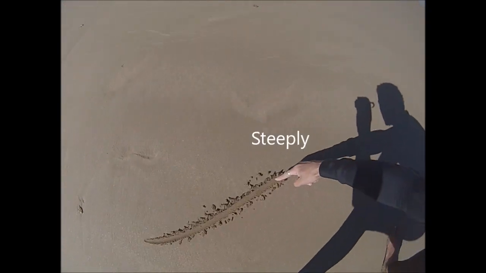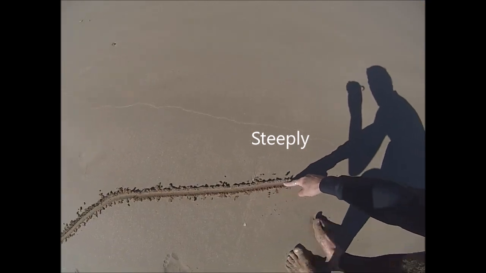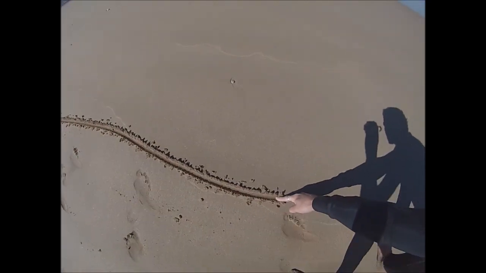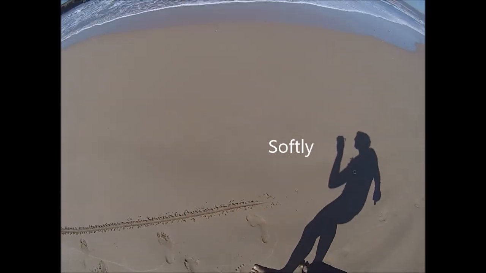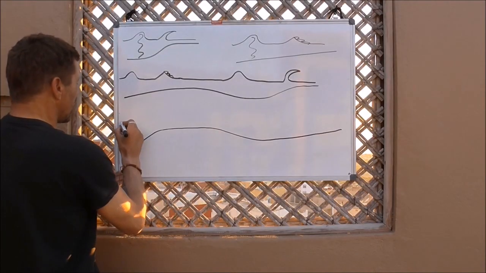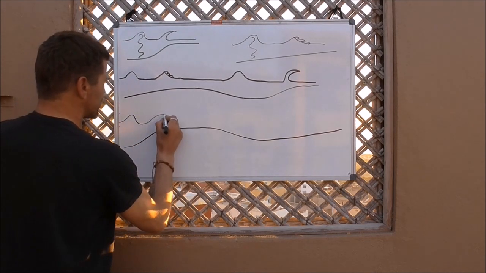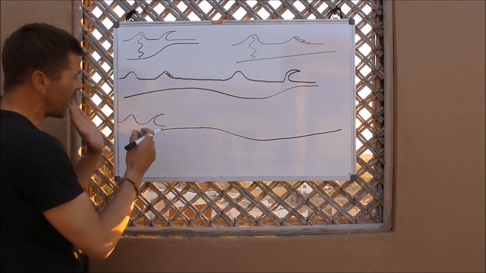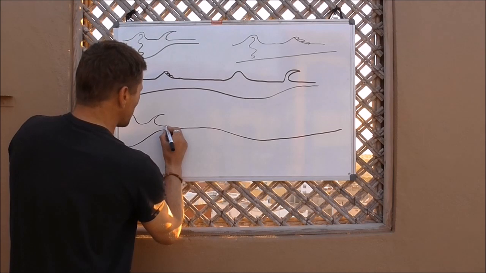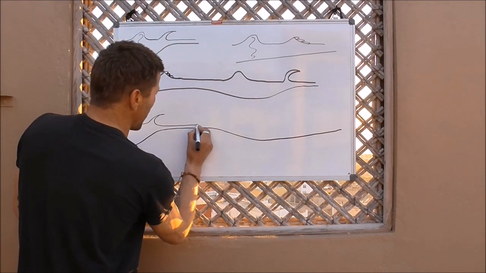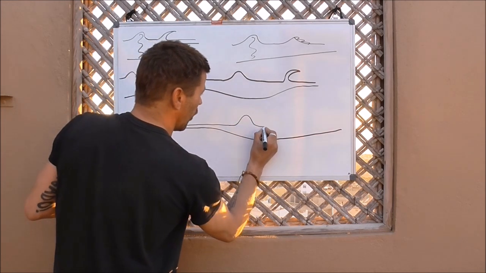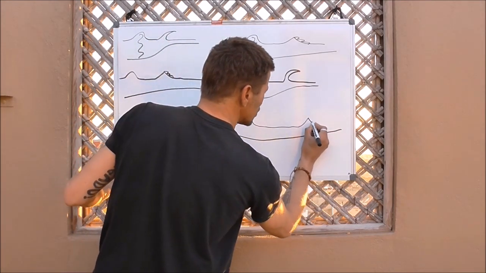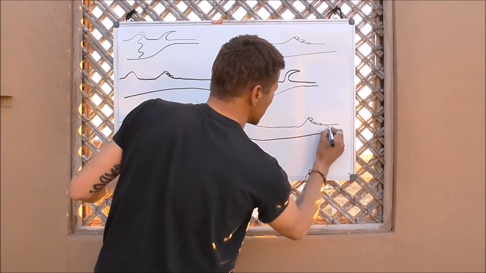Also, your beach might come up very steeply here, come along and then drop off down into a channel or gully, and then come up very softly here on the inside. Meaning that as the swell comes in here and catches on the steep transition, you'll get a very hollow dumping wave, breaking in shallow water, and then as it passes through and hits this deep water channel, gully, it will reform only to break very softly and gently on the inside.